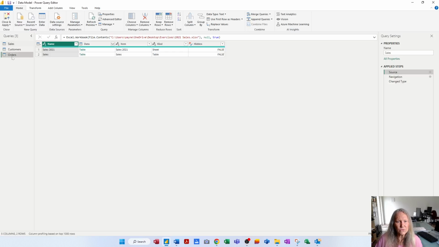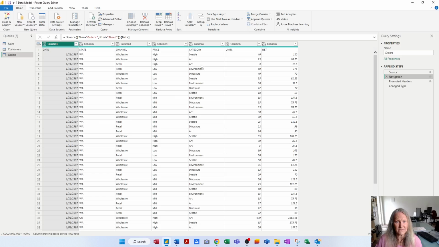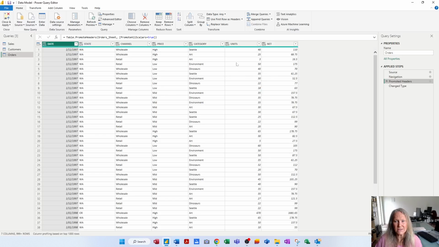So when we went to orders and we went to the source, we chose the sheet and it navigated us to the data. There it is there. And then it promoted the first row here and made those into column headings. And then it changed the data type from being a generic variant to being a specific decimal number, text, text, text, text, and a date data type. As far as the data types go,